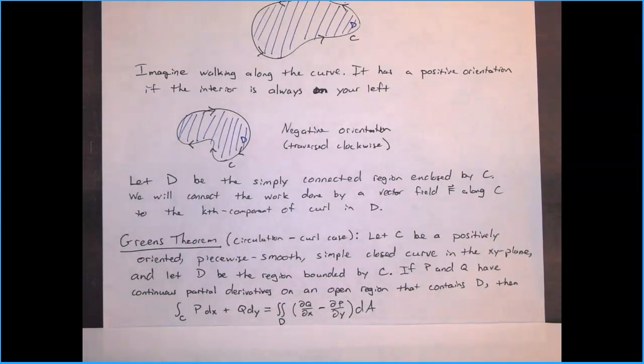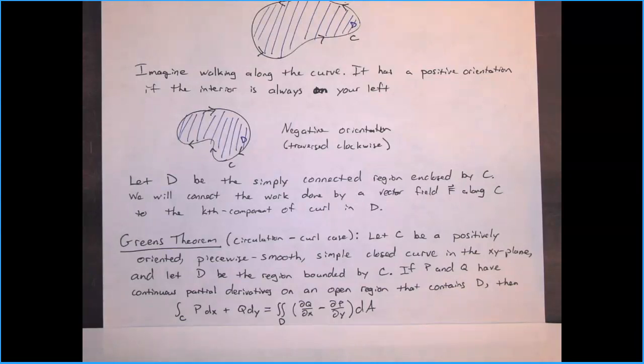Much of the hypotheses we've already discussed. I'll go over them again. So let C be positively oriented. You go around it counterclockwise. Piecewise smooth. So smooth, again, we've talked about this before. It means it has a parameterization that you can take a derivative of, and the derivative is non-zero everywhere. Piecewise just means it can be broken into smooth pieces. So it might have some points where it's not differentiable, but the pieces of the curve connected at that point should be smooth. Okay, and so it's a positively oriented, piecewise smooth, simple closed curve in the xy plane, and